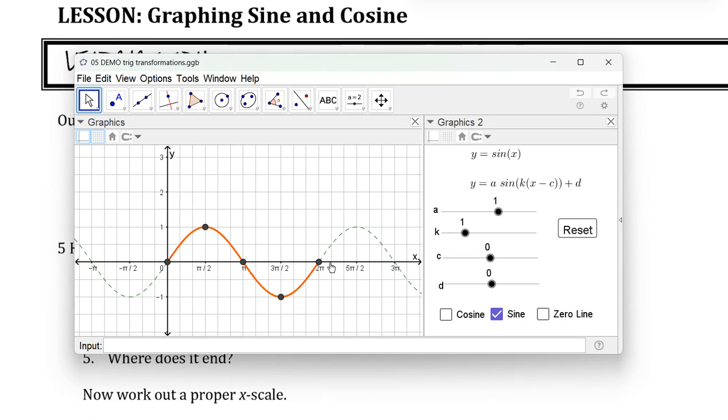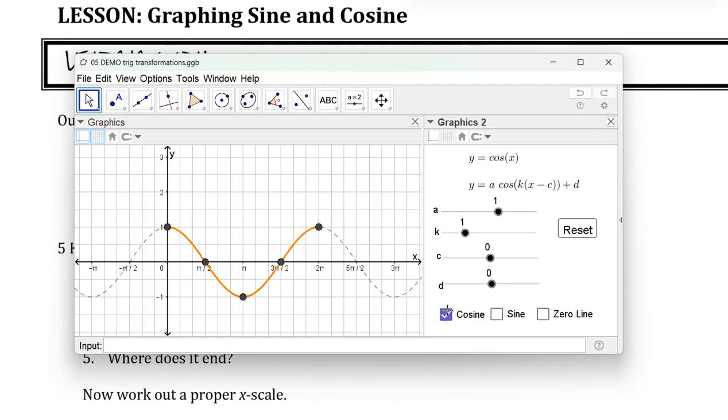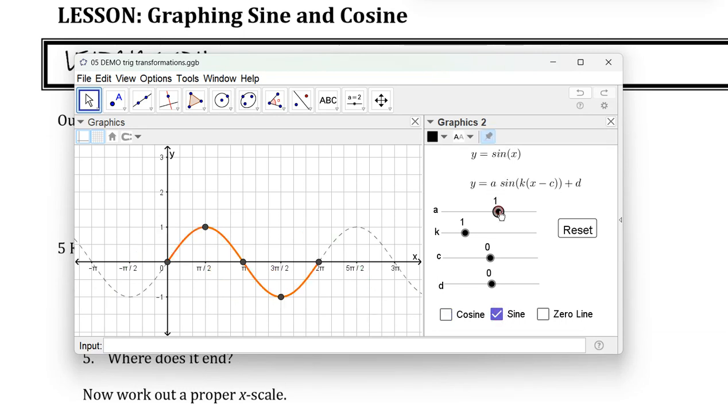They are the points that you are looking to find, okay, in all circumstances. And if you're doing cos, you're looking for those 5 points. Okay, that's kind of the expectation here at Galt. I can stretch it, I can compress it, I can flip it. Okay, but the standard amplitude or A value,